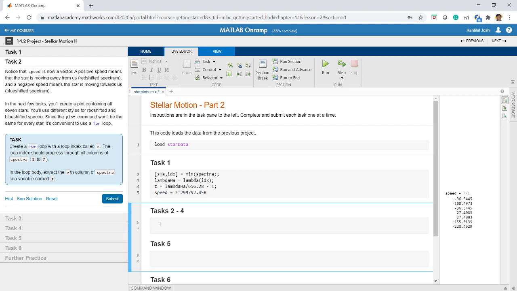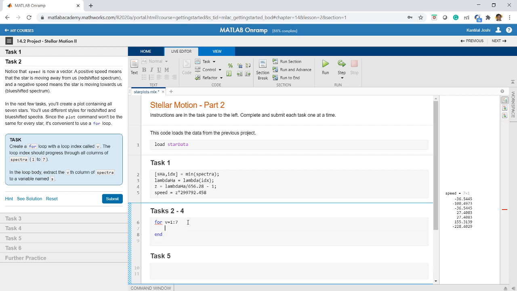So I'll write for v equal to 1 colon 7, because the loop index v should progress through all the columns of spectra, 1 to 7. And inside the loop body, I'll write s is equal to spectra(:,v).